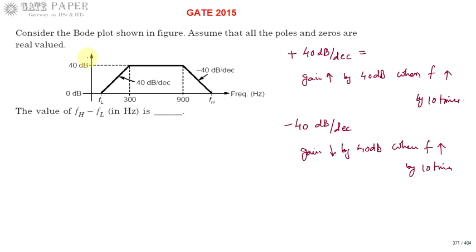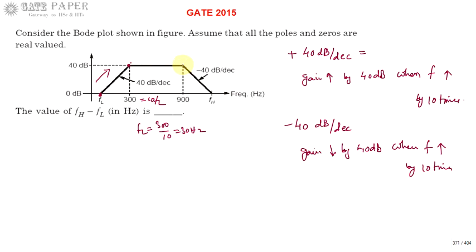So if you observe, this is 40 decibels and this is 0 decibels. So gain reduces by 40 decibels if you come in this direction, but if you go in this direction, frequency is increasing since it is the x-axis. So frequency increases as you move towards the right, and gain increases by 40 decibels. So FL, and this must be equal to 10 FL, a decade frequency. So FL is equal to 300 divided by 10, so that is 30 hertz.